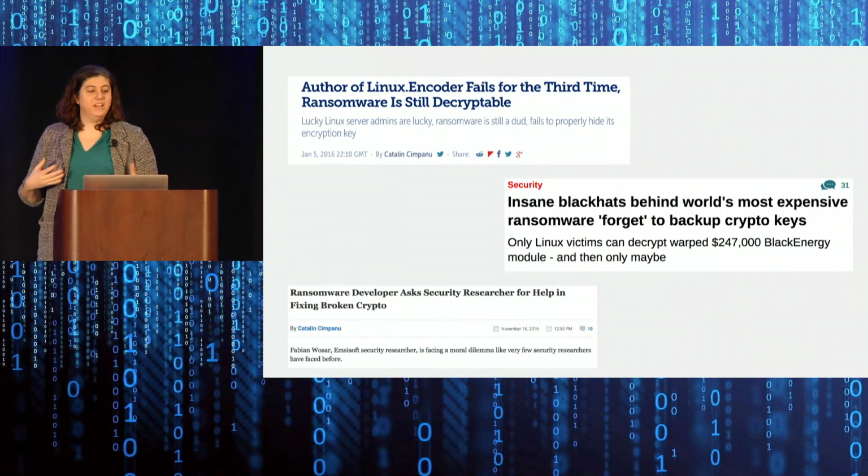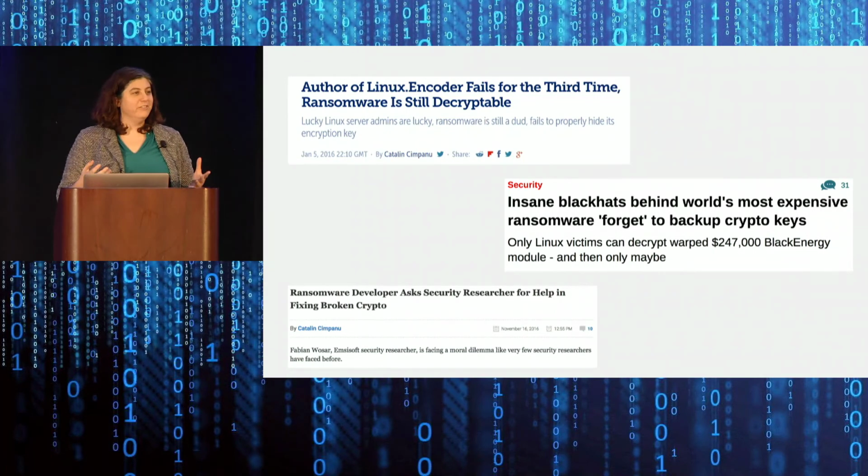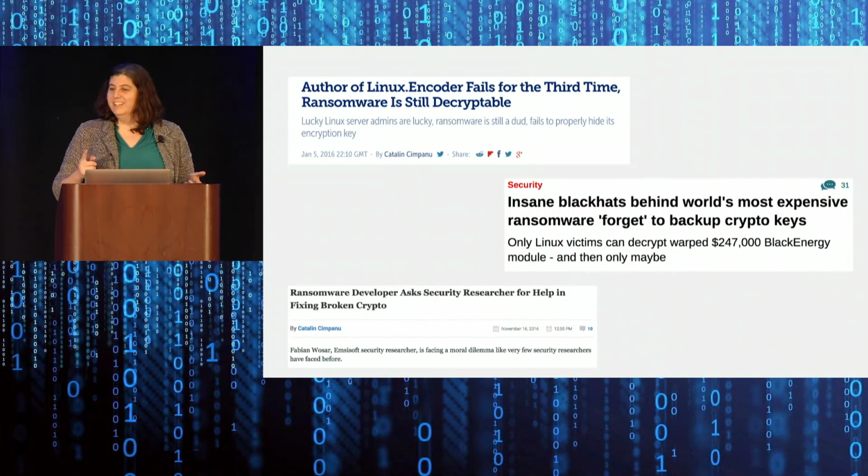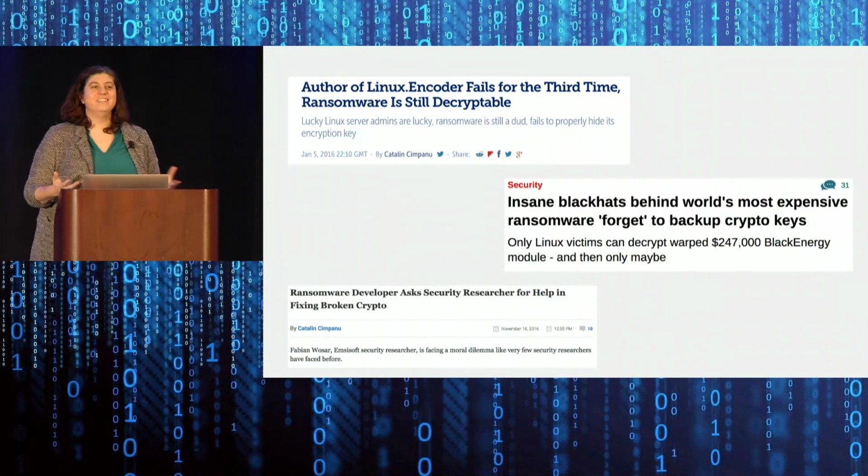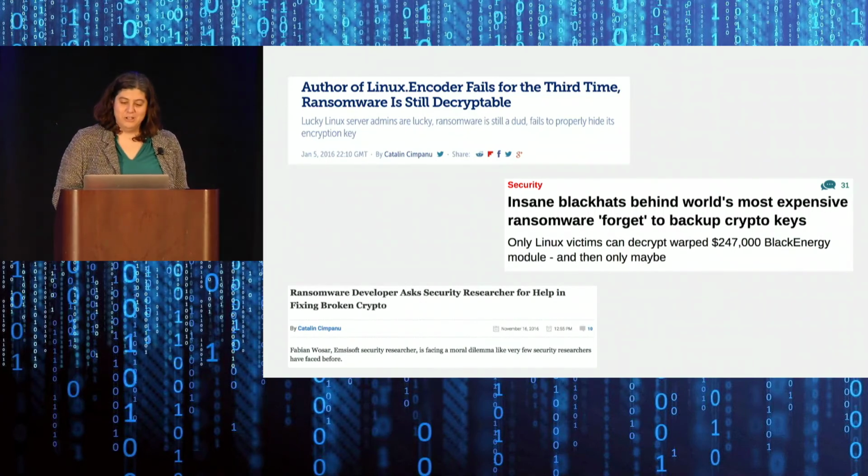Turns out even bad guys have a lot of trouble getting their crypto right. If you're writing ransomware, you have kind of one job, right? Which is to get your crypto right. Turns out that doesn't work. Maybe my favorite recent example